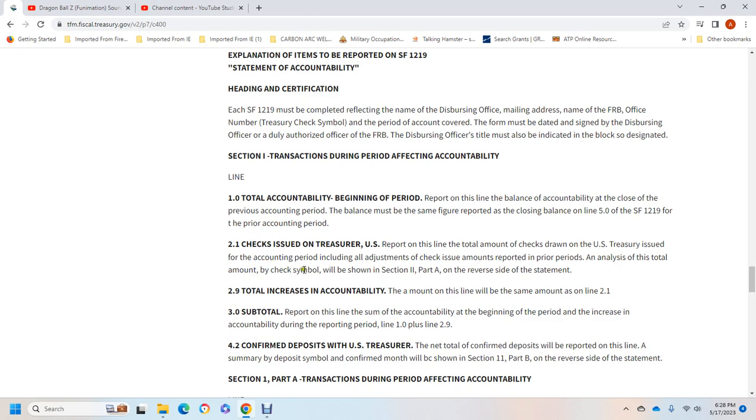Analysis for the total amount of the check symbol will be shown in Section 2, Part A of the reverse side of the statement. Line 2.9, total increase of accountability, with the amount of the line, will be the same as the amount on line 2.1. Line 3.0, subtotal, reports on the lines of the accountability beginning with the period of the increase of the accountability during the reporting period of line 1 plus